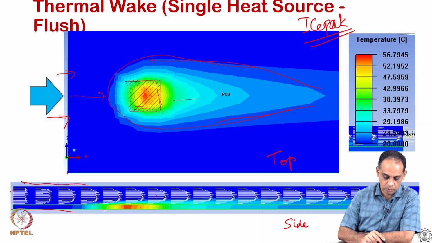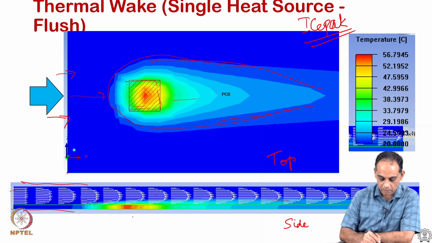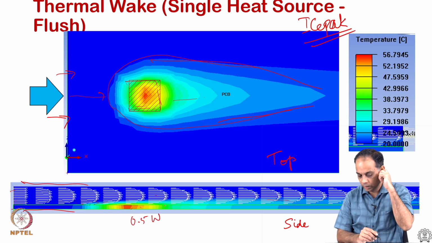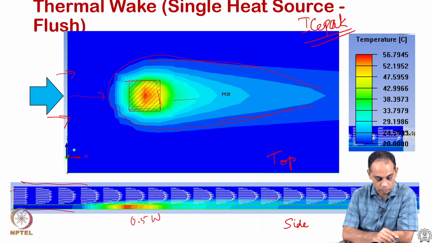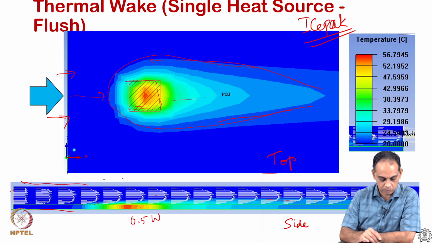So, what is this doing to us is that the temperature, even for this case, this power level is only 0.5 watts and we are bringing in some 3 meters per second of airflow going through this channel. This is about 300 millimeters in length. So, a typical 200 millimeters in length, a typical half width motherboard configuration. So, anyway, this is a simple scenario where we see that the PCB, there is a lot of temperature effects